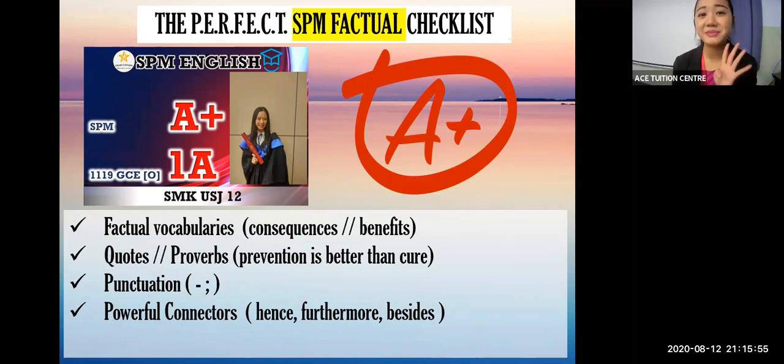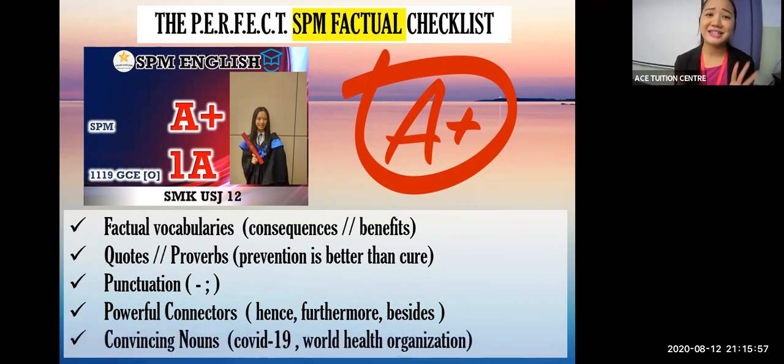And the final most important thing, you are writing a factual essay. It's all related about facts, F-A-C-T, facts. You need a lot of convincing nouns. When it comes to SPM, when it comes to factual writing, because your job is to write a good essay